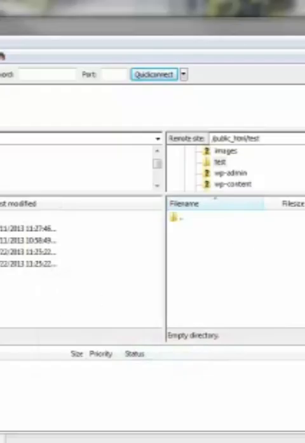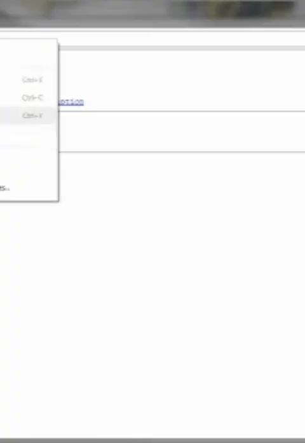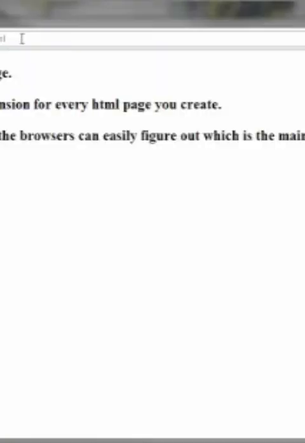Let's come on back to our browser, refresh, and there we are. This gives us the contents of that directory, and right now it's empty, just as it shows in our FTP client. So now let's go ahead and upload our same exact file, only with a different name, the descriptive name. Left click, hold, and drag it on over. Now then, if we come on back to our directory here and refresh, unlike with the index.html file, the browser doesn't recognize it automatically. It sees it's there in the directory, but it's not pulling it up unless we specifically declare it in the URL, like this. And there it is, the exact same web page,